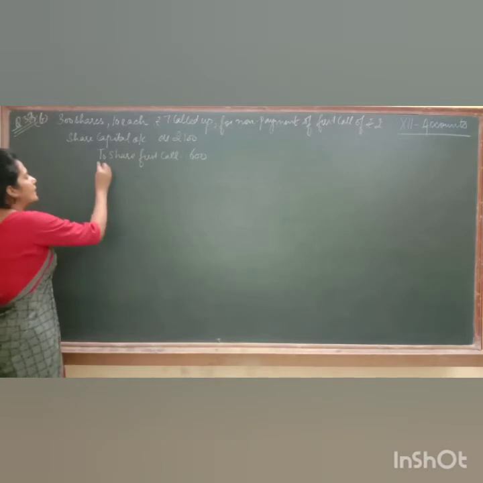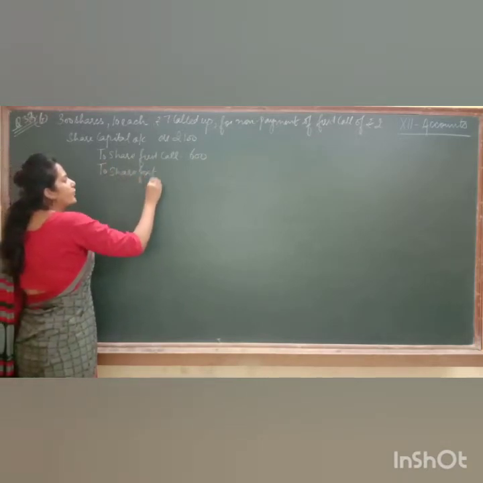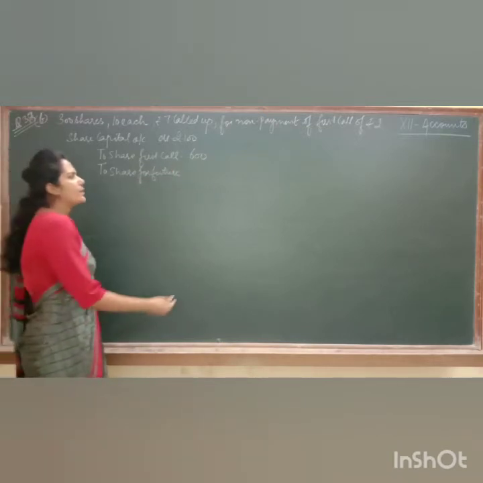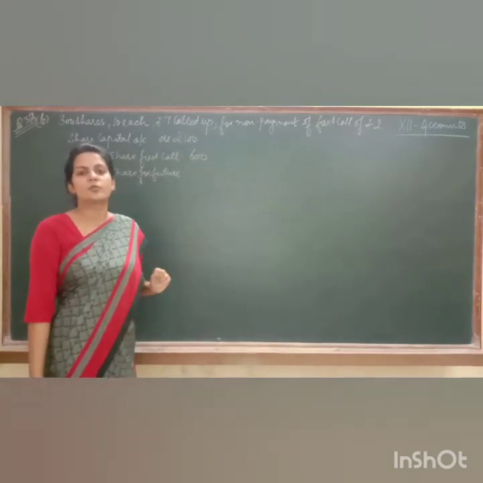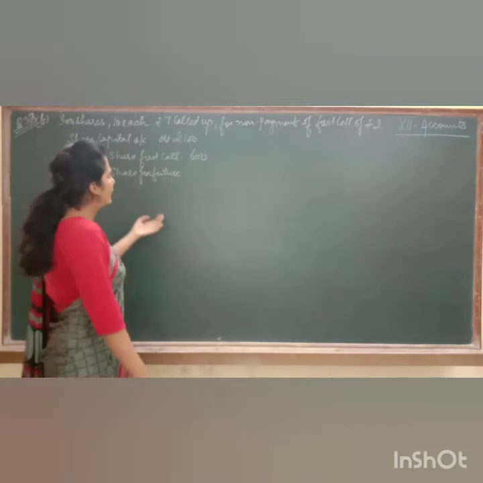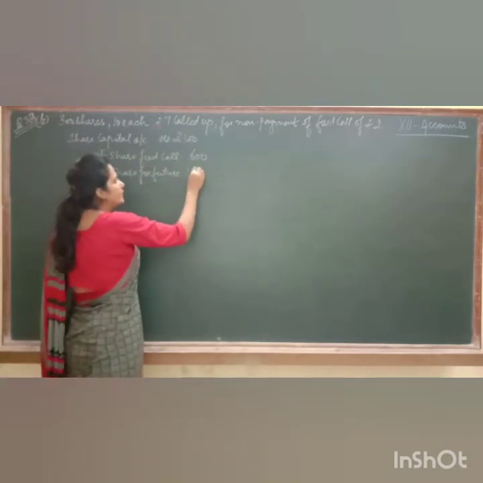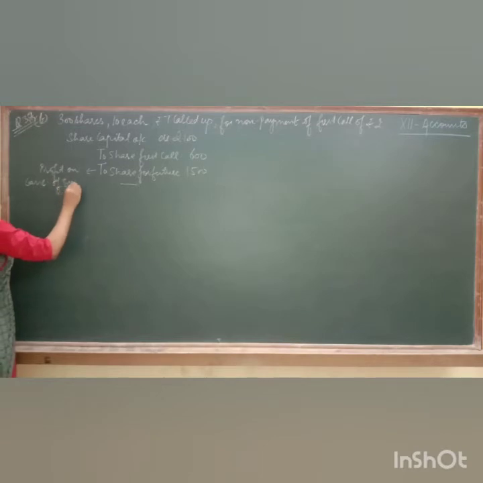Now it means that the application and allotment he has paid becomes the profit on cancellation of shares. So we write to share forfeiture. As the amount of application and allotment individually is not given to us in the question, you can simply find it out as a balancing figure. 2100 minus 600, that is 1500. So this is the profit on cancellation of 300 shares.